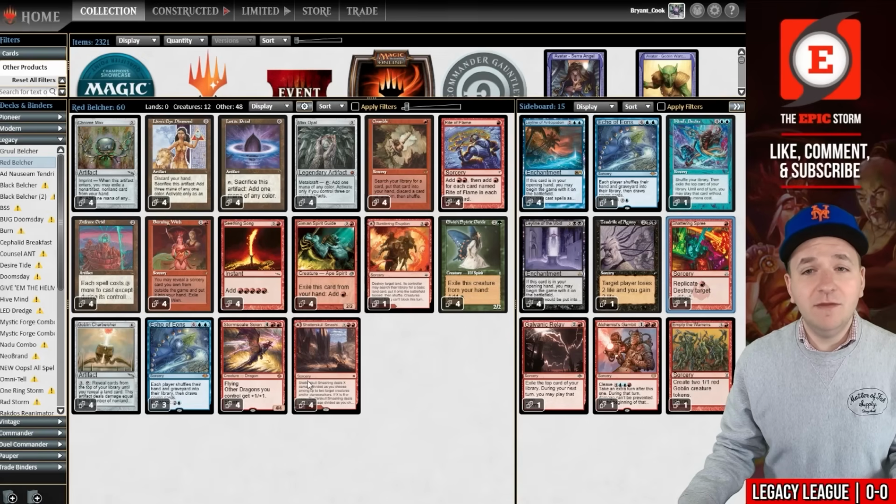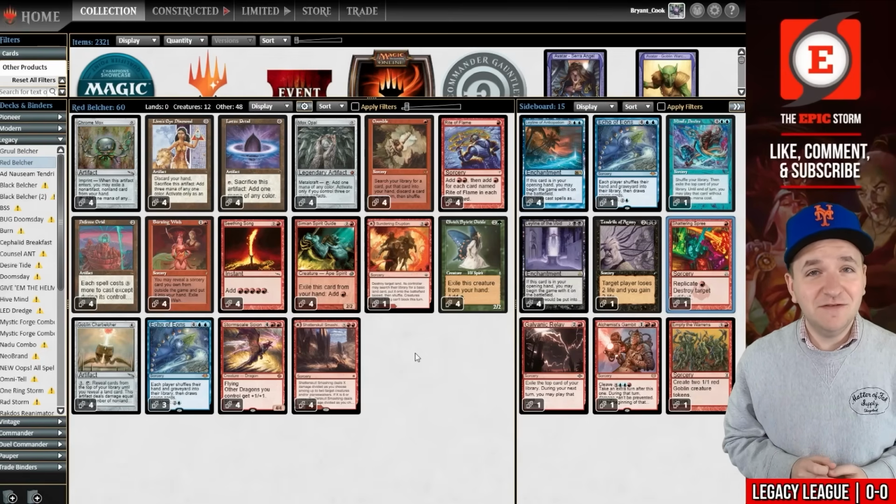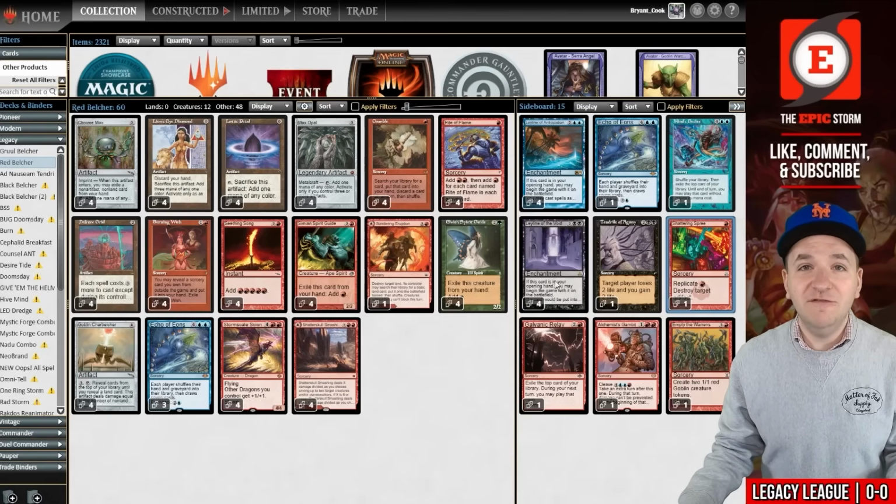So that's the idea with the main deck. In the sideboard, we have Leyline of Anticipation. If you think your opponent's playing a deck that's faster than you, guess what? You can board in the Leyline of Anticipation and win on turn 0. That's pretty sweet. You also have Leyline of the Void for decks like Oops All Spells, and then your Burning